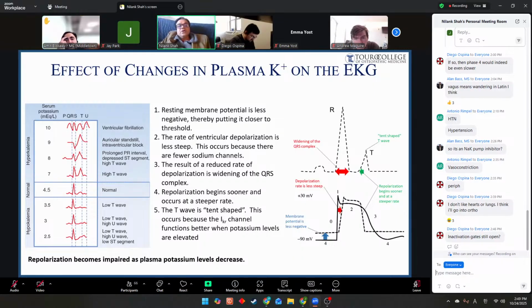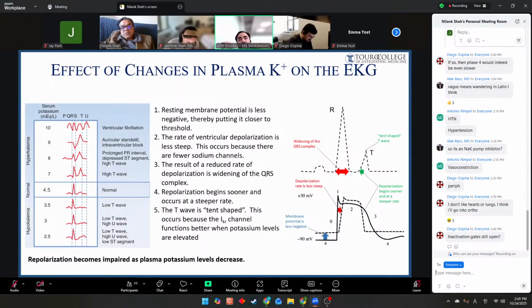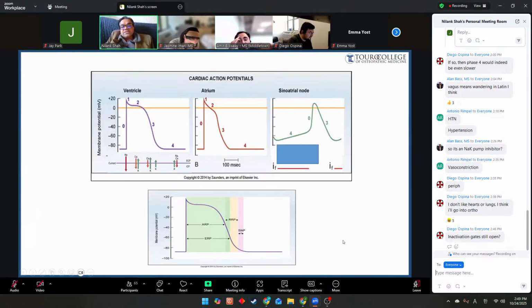I'm sorry, is that for the supranormal period? No, that last point you were making on the last slide. Could you reiterate those last few points? Because I kind of lost track when you were explaining it. This one, SNP? Yes. So what Emma said is that you have still not reached RMP yet,